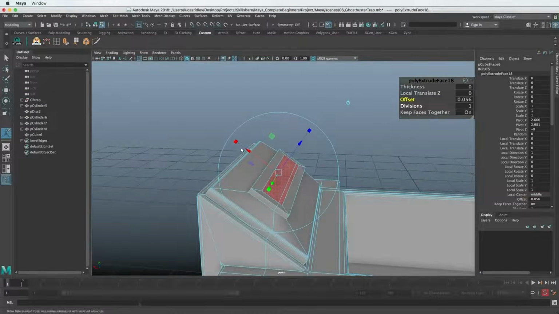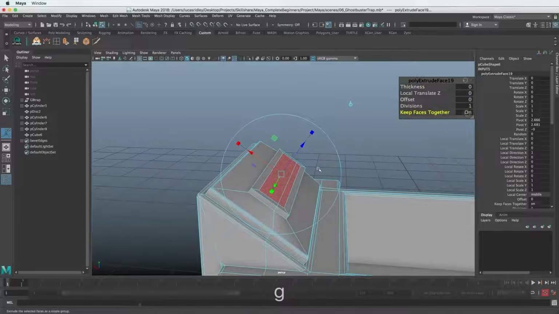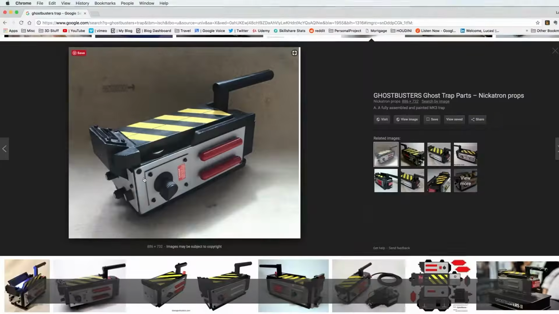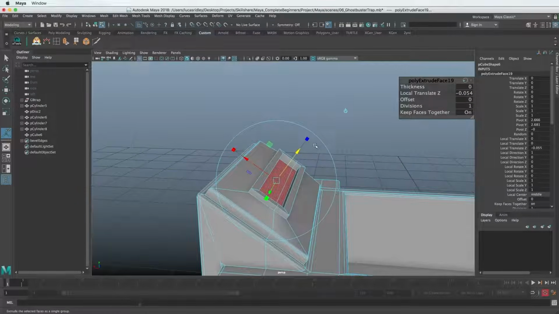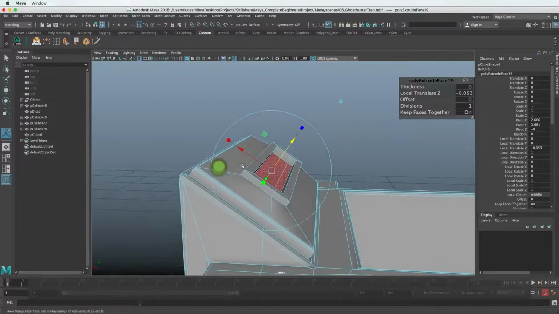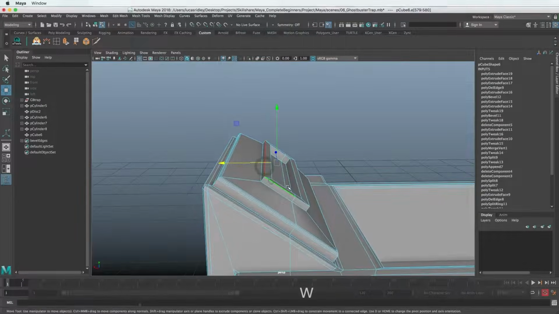It looks like, right? Yeah. Let's maybe go back here. Hit G again, extrude again, keep faces together. Just smash that down into this thing. I don't know how far, it's hard to see from this angle how far that thing goes down. Just go somewhere like that. And then we can just bevel these edges and kind of call it a day on this stuff.